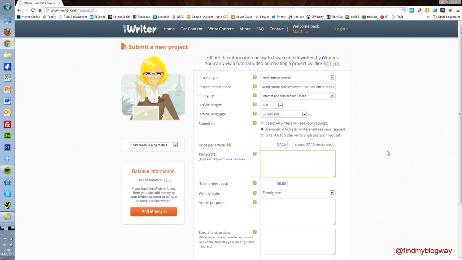Now, keywords. This was where, when I first used iWriter, I got a little bit confused because I assumed this is where I type in all of my keywords that I want people to talk around. Well, actually, no. The keywords is what's used to define essentially what each article is about. So I've said there, I need some articles written around online marketing tools. Now that would imply that I want multiple articles done. So in my keywords, I could say, okay,